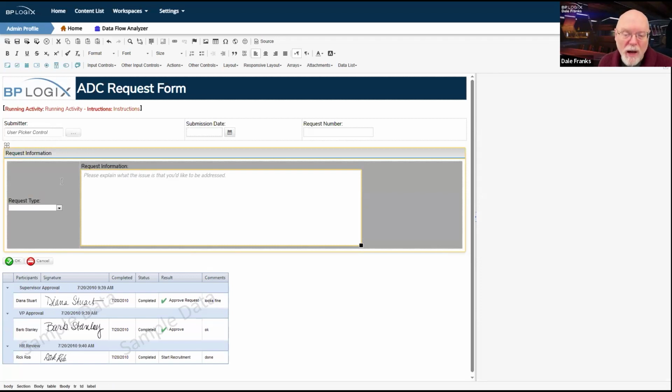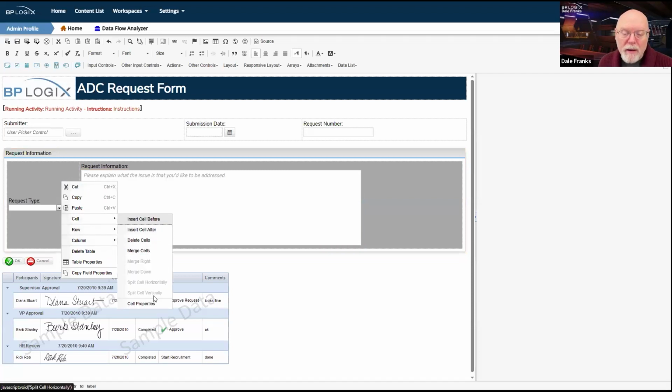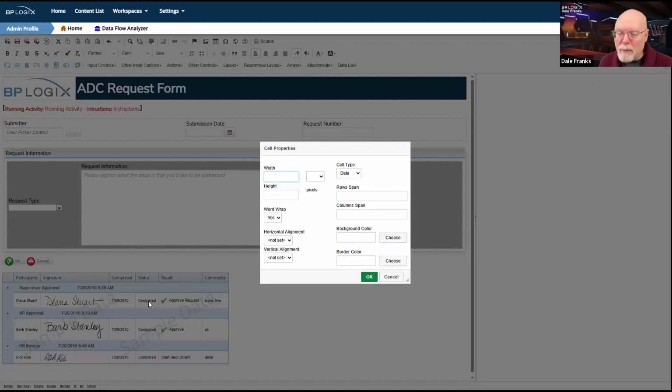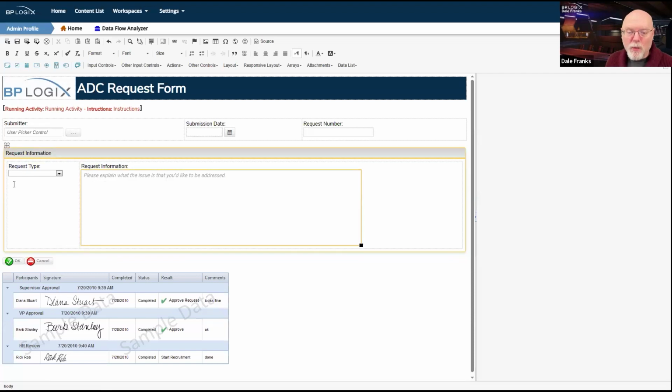I can just highlight both of these cells, right-click on them, go to Cell and Cell Properties. And I have both horizontal and vertical alignment properties on my table. I think I want everything to show up at the top. So I'm just going to reset that so that now both of these show up at the top.